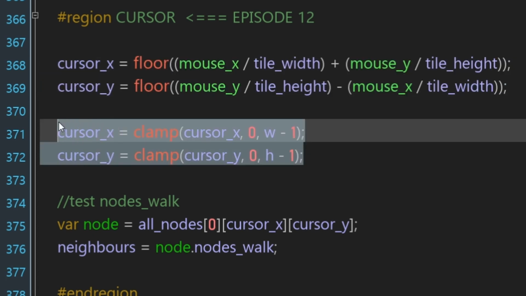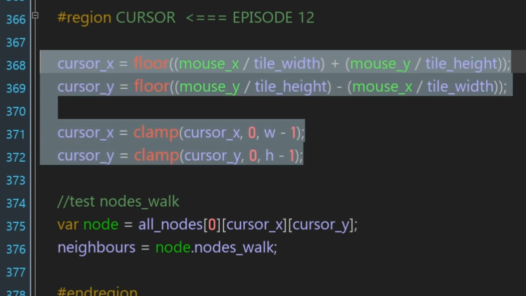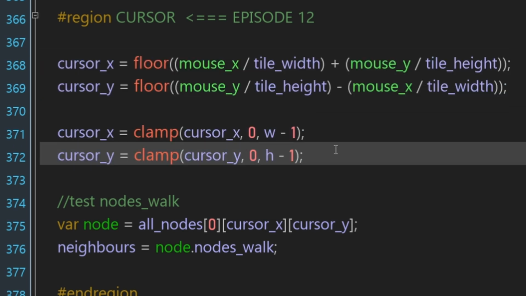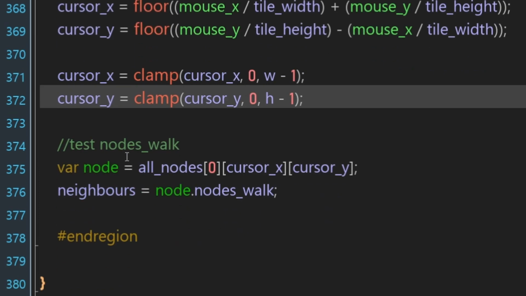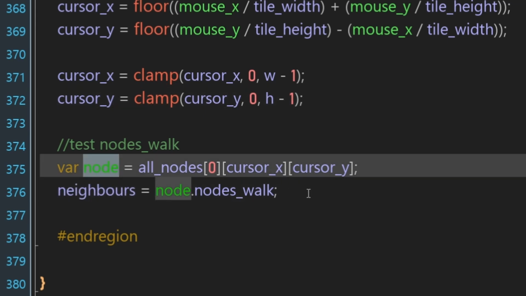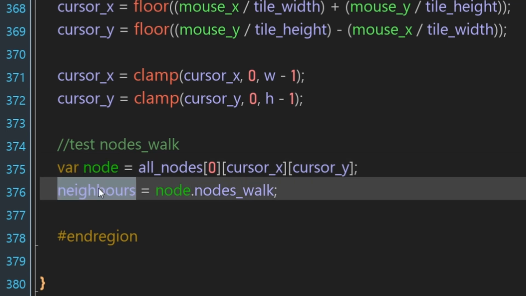And we just want to clamp the cursor to the size of the battlescape, just to prevent us from going below 0 or greater than the width and height. Then, so we can have the visual display that you've been seeing, where the cursor will show adjacent nodes being read, we need to know which array we should be using. So all we do is grab whichever node the cursor is over, and then we just save that array